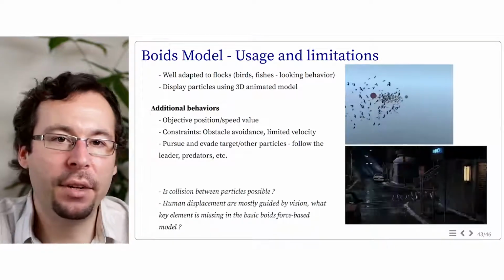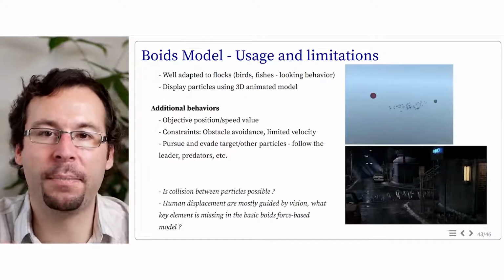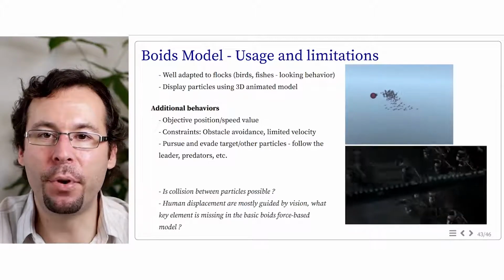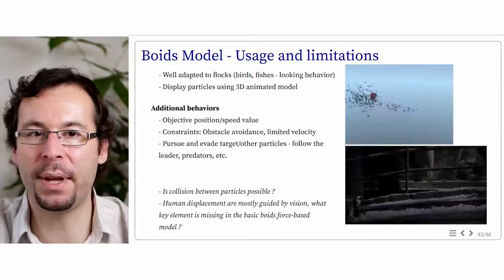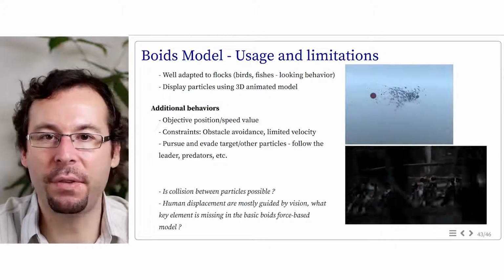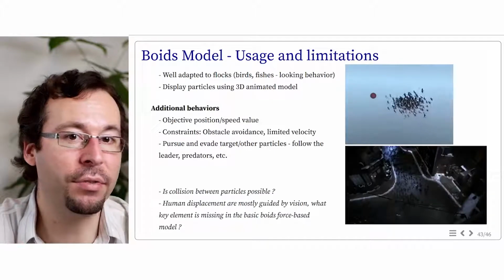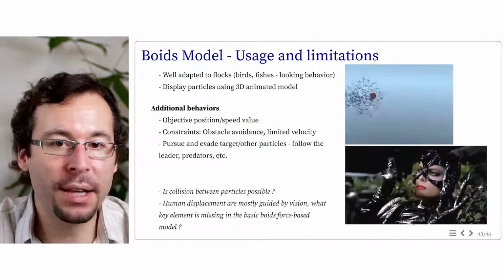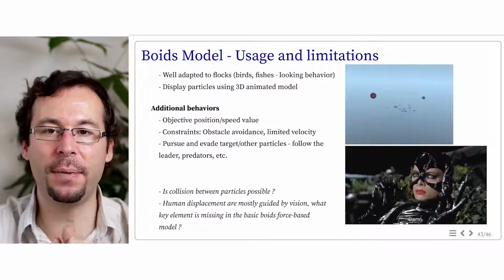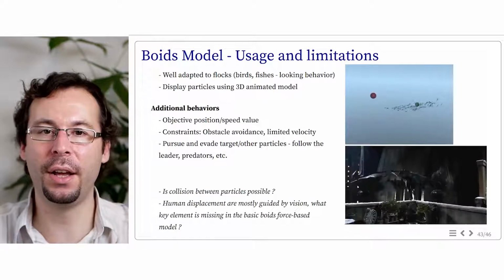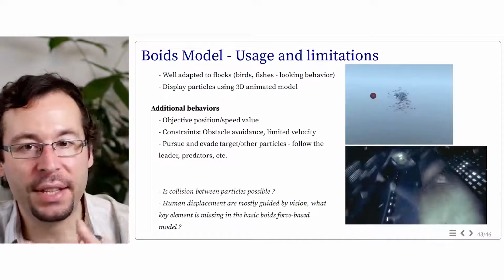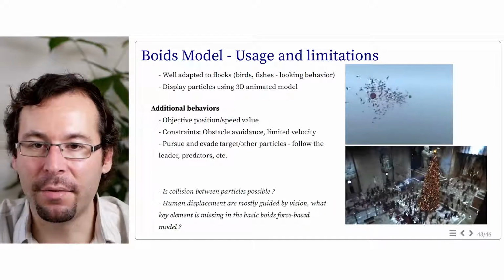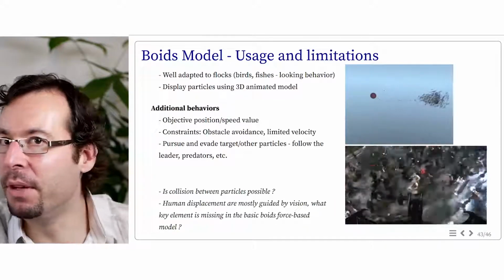Also, Boids are not very well adapted to model human behavior. In the Boids, the behavior is fundamentally guided by the proximity in the three-dimensional space, which is fine for fishes, for instance, that really take into account such 3D proximity for their behavior. But as humans, we are mostly guided by our vision and less by the distance. We are going to act differently if we see something in front of us, and especially if it moves forwards, than having something beside us and moving far away from us.